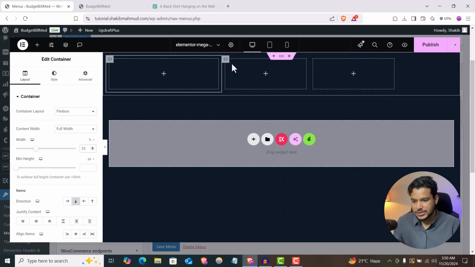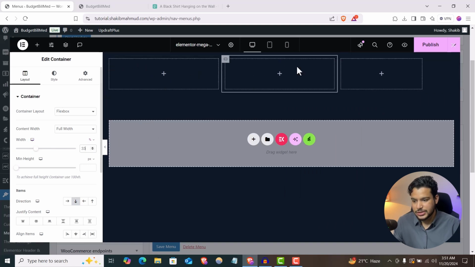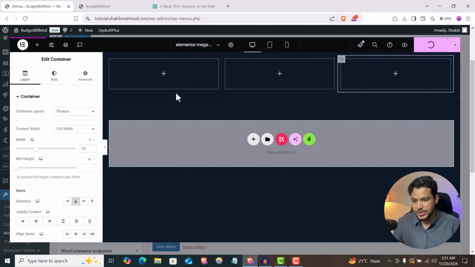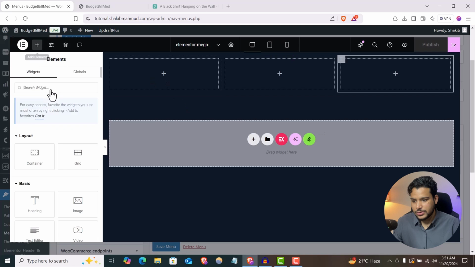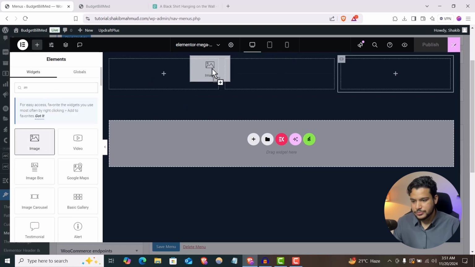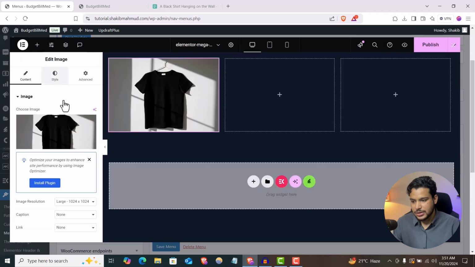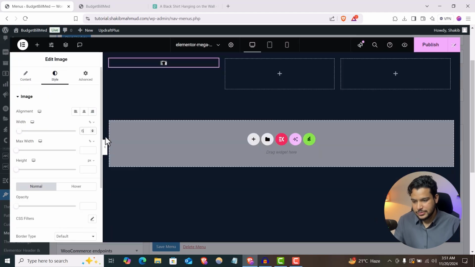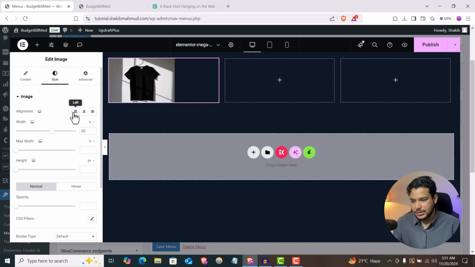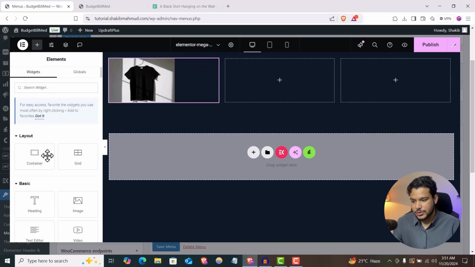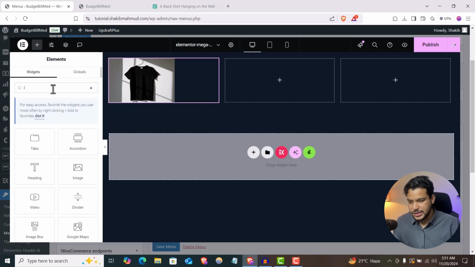I'm showing you quick and fast, as you already know how to do this. 33, and this one has to be 33. So I just publish it. Now I want to take the image. We already know which image, so just save it and make it 60. Make it left. For the other one, if I show you the list,